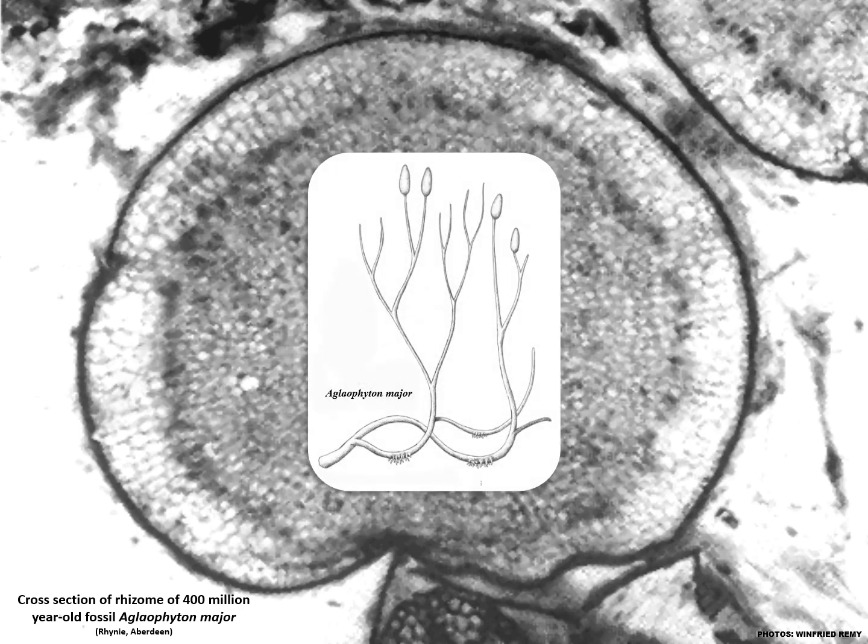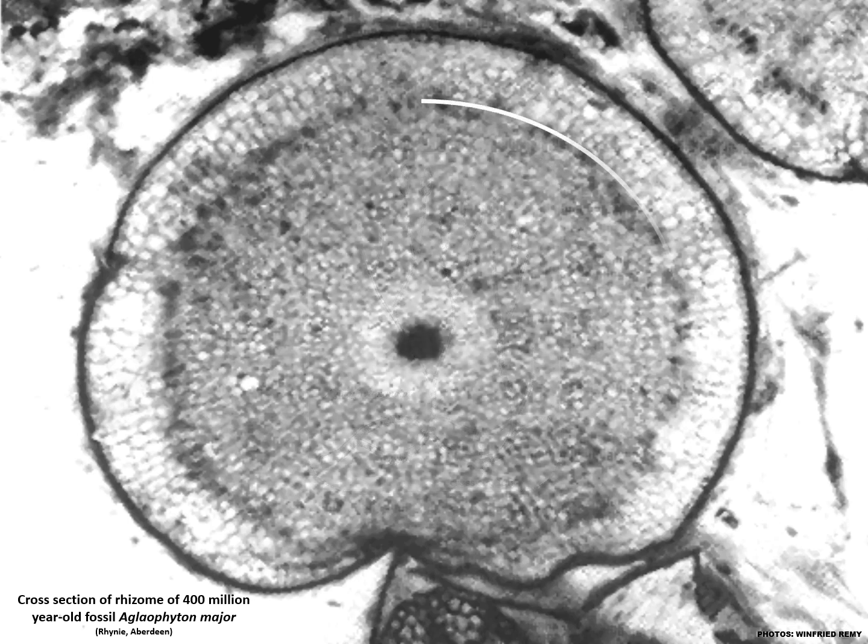Here we're dealing with the most ancient of several mycorrhizal symbioses, arbuscular mycorrhiza, which we know from fossil evidence and DNA studies co-evolved with land plants some 400 million years ago. Here's a cross-section of a plant fossil from the Devonian period, proving that mycorrhiza evolved along with the very earliest of the land plants. The white ring shows where the fungus has occupied the rhizome tissue.